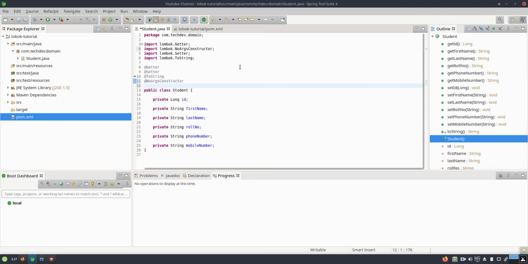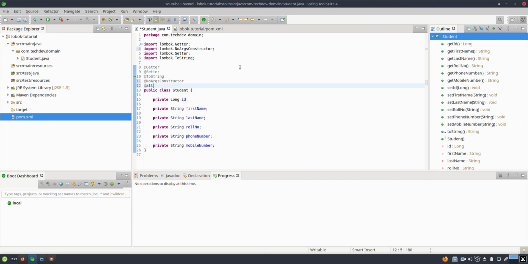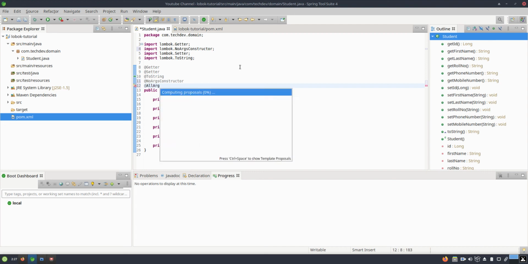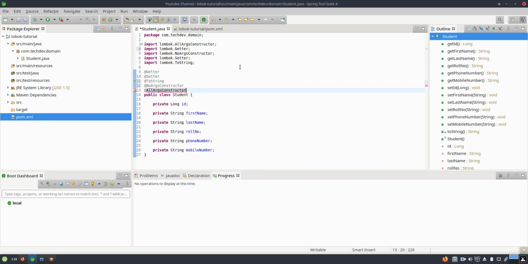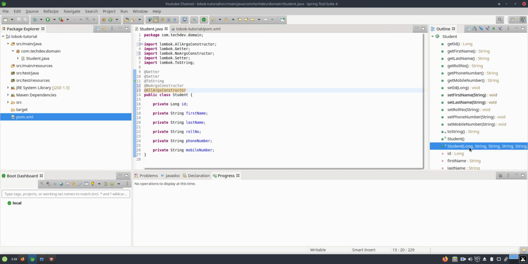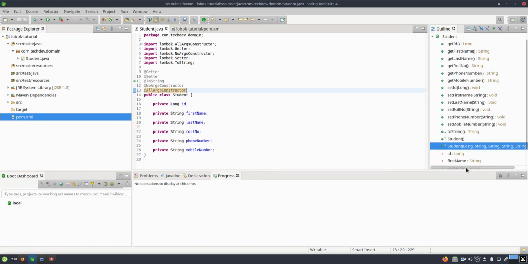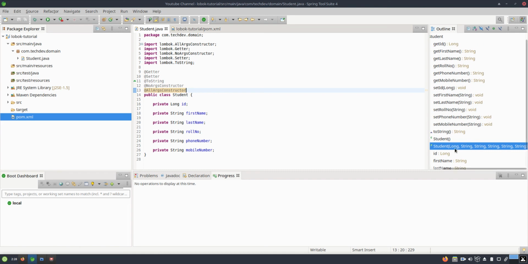Similarly, for a constructor with all the fields, you can use @AllArgsConstructor. You can see, guys, that the all-argument constructor annotation is creating a constructor for each and every field. You can see that each and every field is available here.